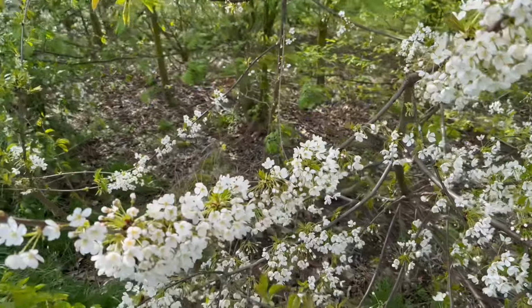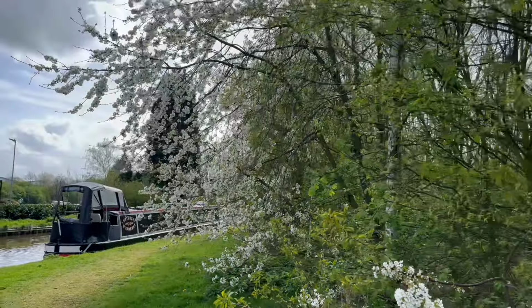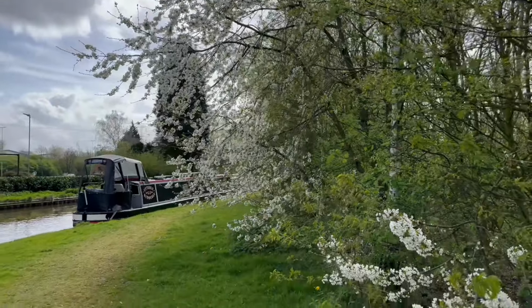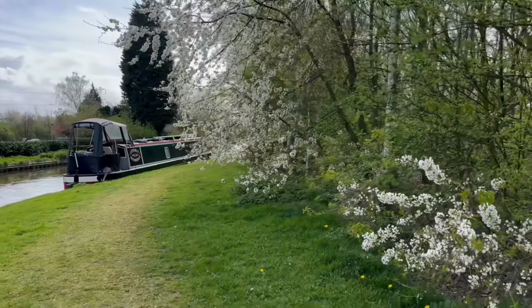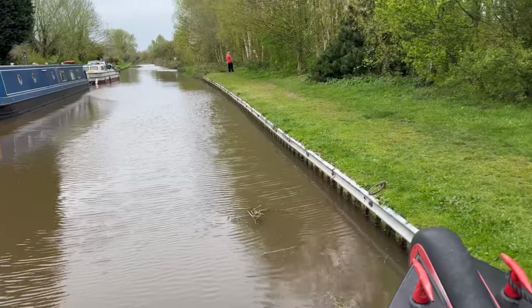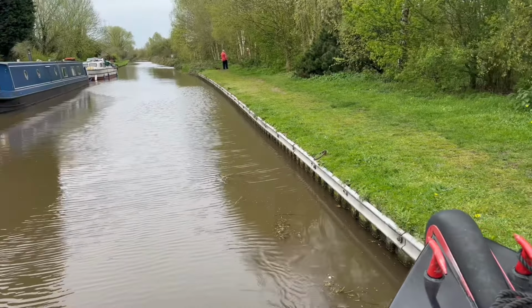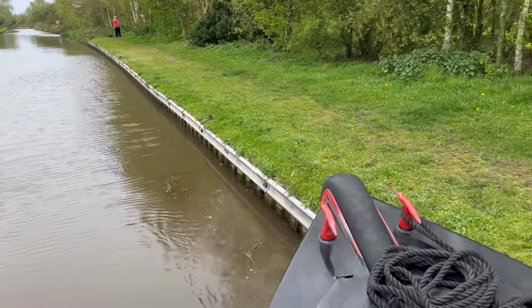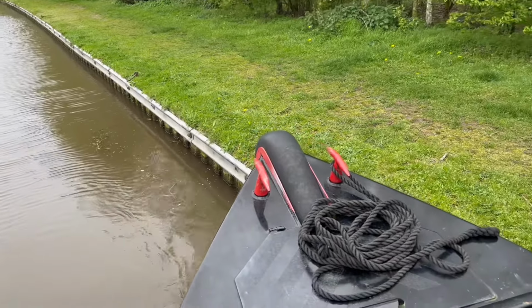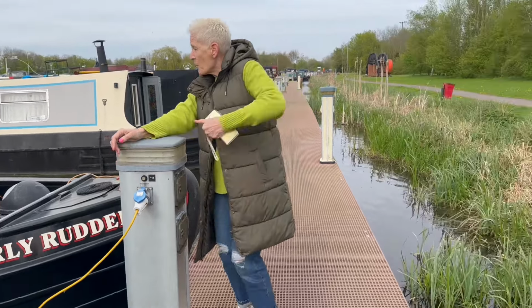And so, with conditions a lot better, the wind has completely dropped, less than 4 knots, which is more than acceptable. We're going to bring the boat back in, ropes off, nose away, and we are safely back in the marina in less than 10 minutes. And after a little discussion of what we're going to be doing next,